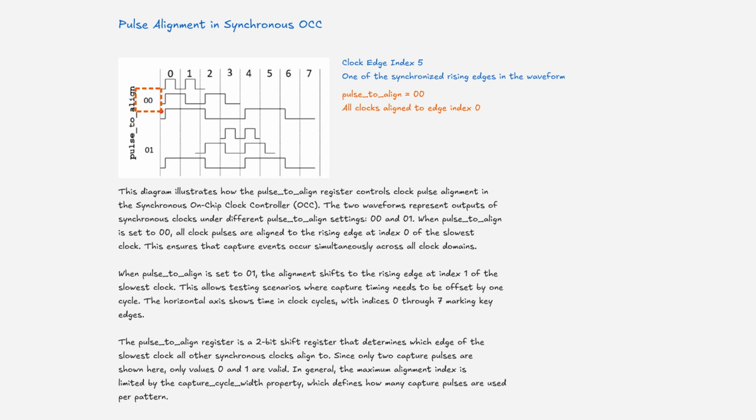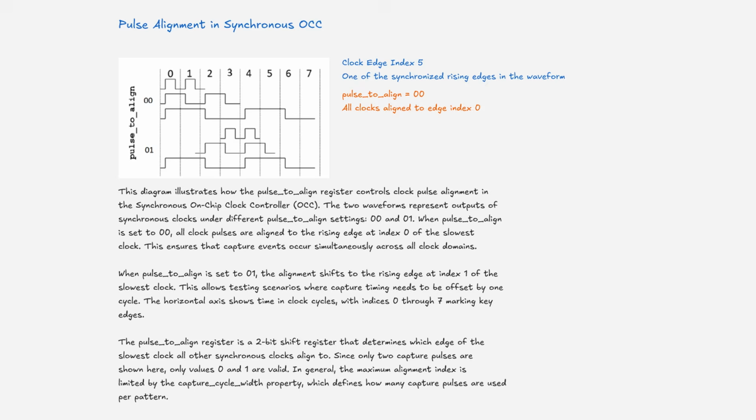The horizontal axis shows time in clock cycles, with indices 0 through 7 marking key edges. The pulse-to-align register is a 2-bit shift register that determines which edge of the slowest clock all other synchronous clocks align to. Since only 2 capture pulses are shown here, only values 0 and 1 are valid. In general, the maximum alignment index is limited by the capture cycle width property, which defines how many capture pulses